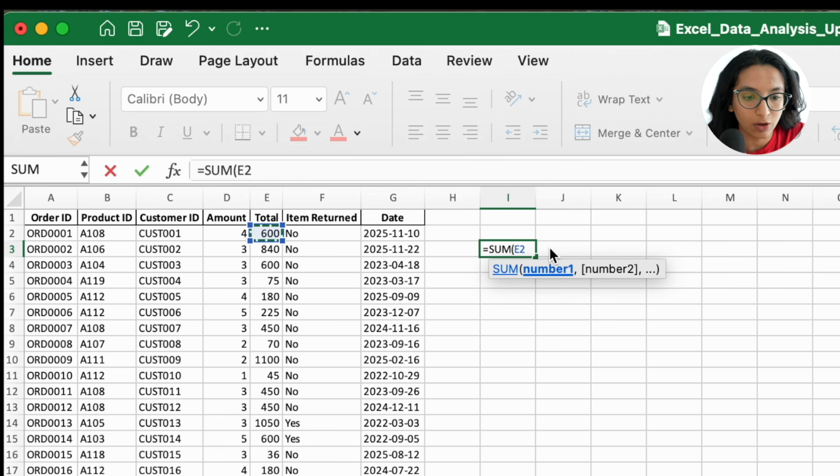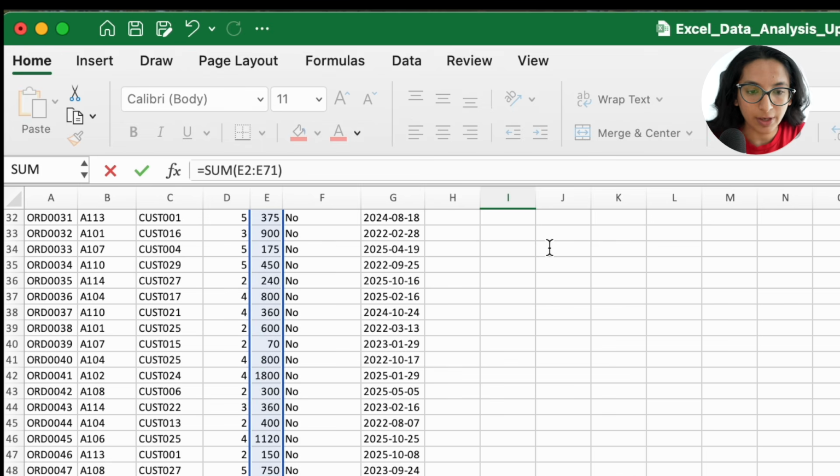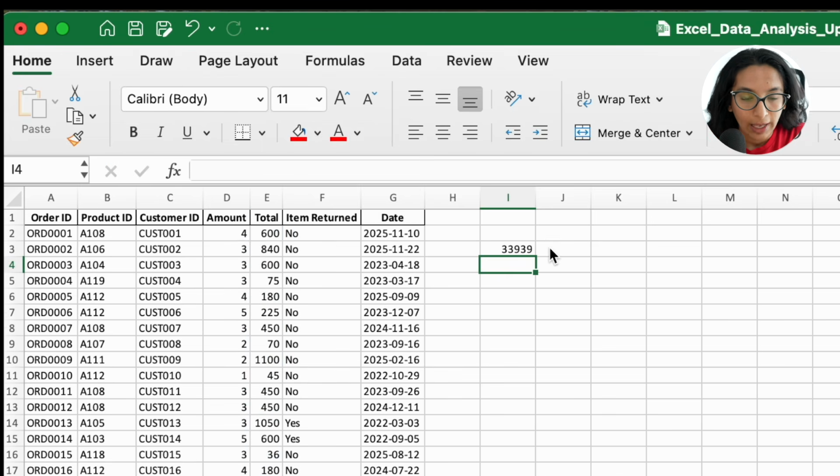Right now it's called total, but I imagine that this is the total revenue. This function is giving you an aggregate value of your data set. And so I want to select the entire column so I can know the total sum of my revenue. To select an entire column, you would hit Command, Shift, and the down arrow key, and then hit close parentheses and then hit enter, and you'll get the total revenue. Now I'm using a MacBook, which is why I'm using the command key, but if you're using a Windows computer, you will use the control key on your keyboard.